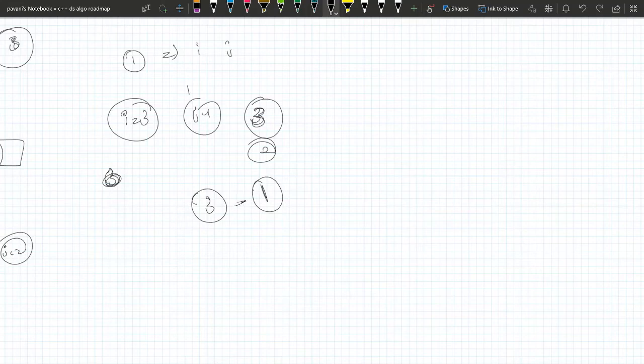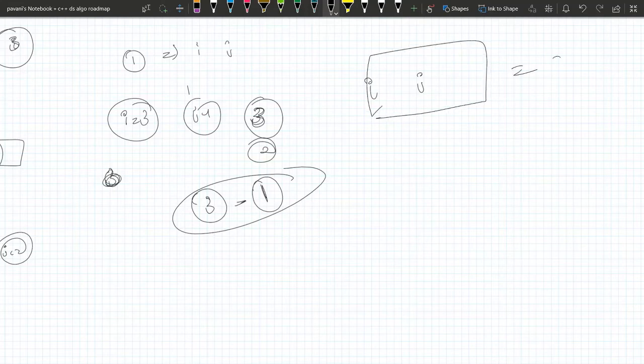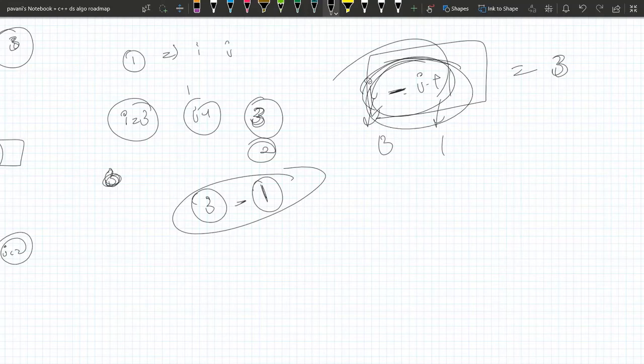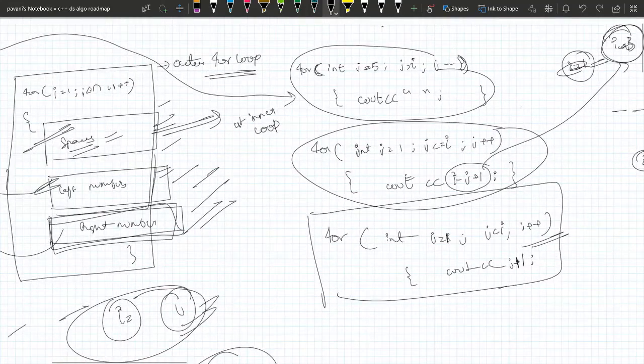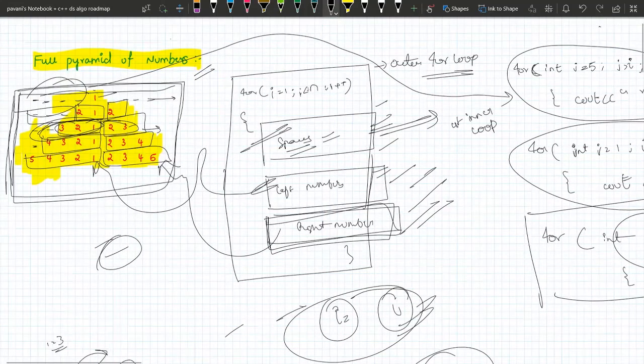I'm using the i value and j value, and I'll use plus 1 or minus 1 or plus 2 or minus 2, and I want to get the answer 3, because the first number is 3, right? I've put the i value as 3, j value as 1, with a minus symbol: 3 minus 1 is 2, plus 1. Yeah, that's okay, that's fine. So I minus j plus 1 is the expression. Use i and j and some simple math and you will get that. Similarly, for the third for loop.